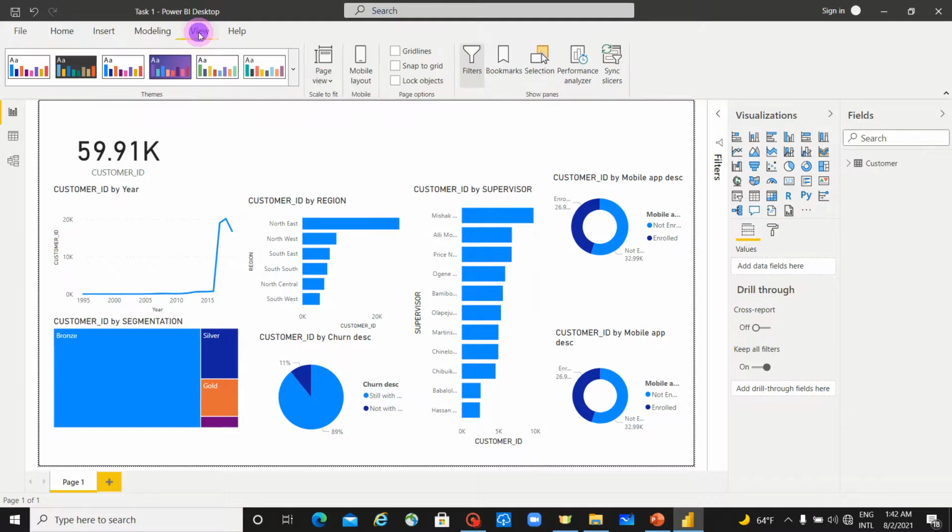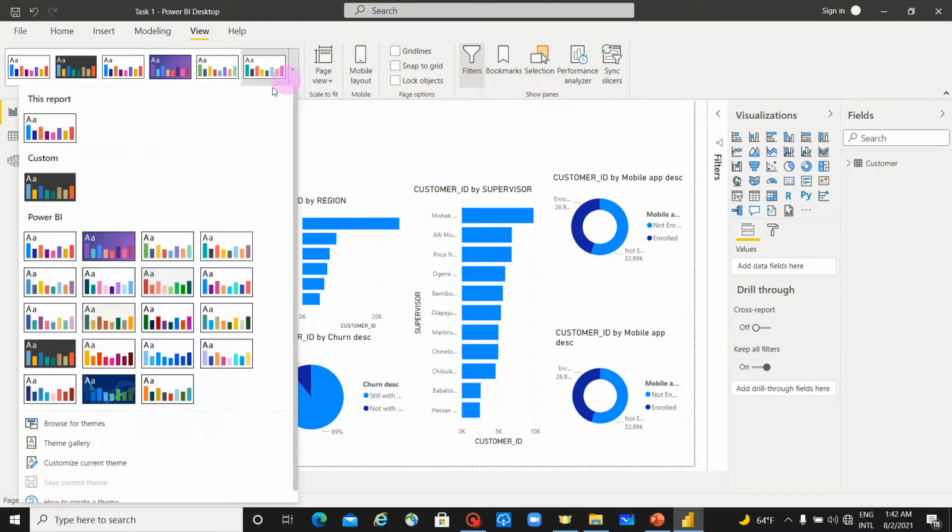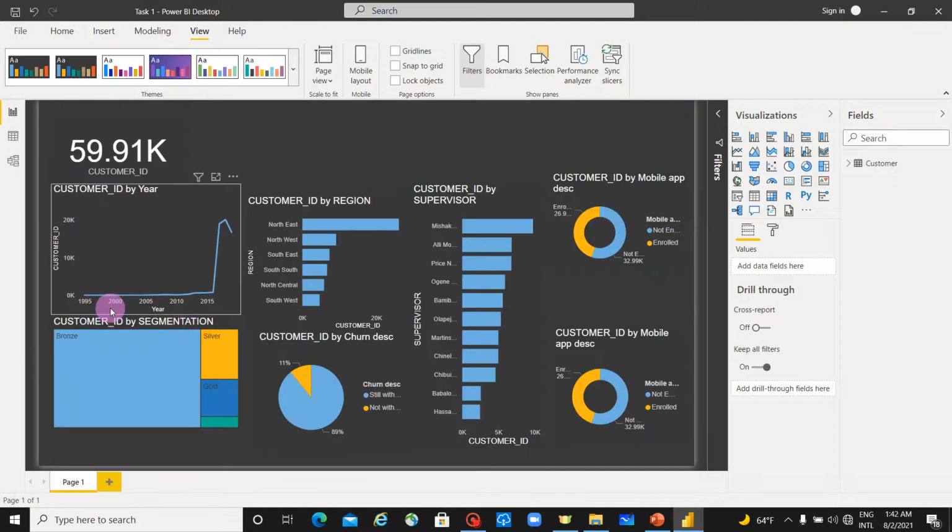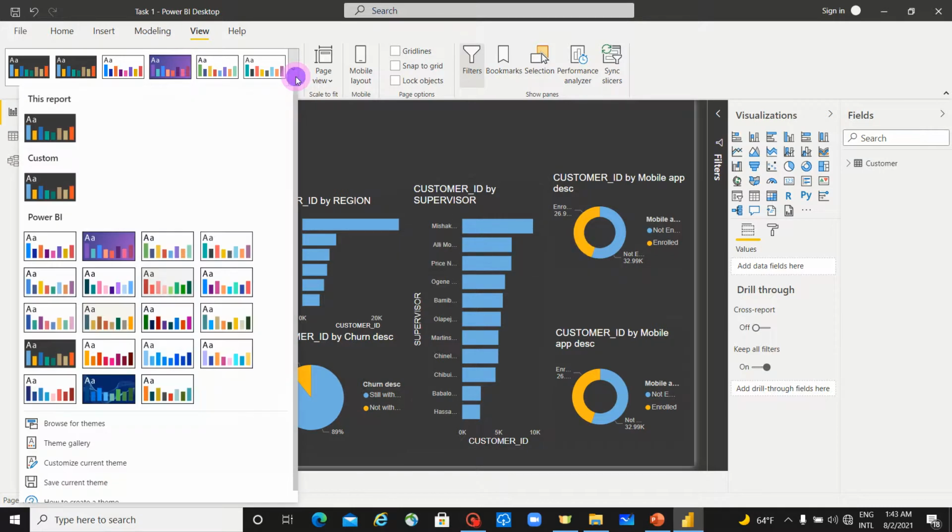Let's go to View. Then you can see your themes right here. Let's pick a dark theme. I love dark themes a lot. They are usually beautiful. So this is a dark theme. Right now, I'm not comfortable with the font size and all of those. So to change the font size across the charts in one go, I will go to View, then